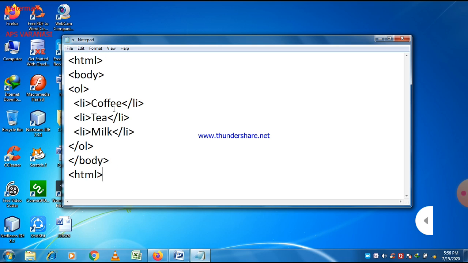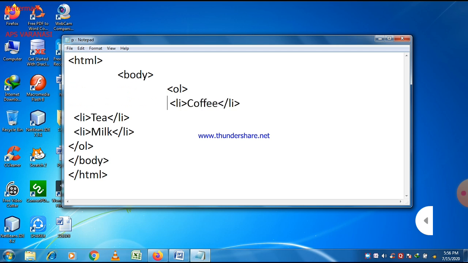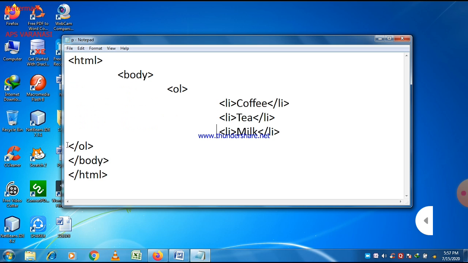And then body, you can write head tag and title tag, but if you don't write head and title tag, then the web page is displayed without any title name. So it is not compulsory, it is an optional part. So here I don't put any head or title tag. Inside the head, title tag should be mentioned. You can see that HTML tag is a root tag, and within HTML tag body tag is there, and within body tag OL tag must lie.